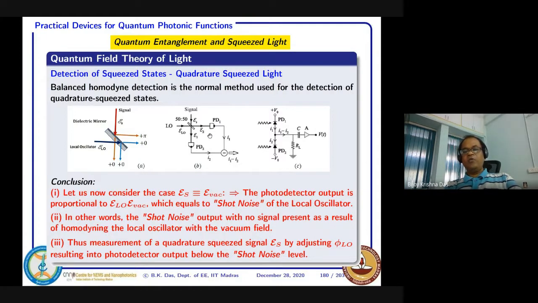You know why we use, for any detection, what is the purpose of using homodyne? What is your idea? Can anyone tell me? Why sometimes it is useful? Earlier we have also discussed that we have used two photodetectors for certain purposes. That's called balanced photodetection and using the homodyning technique. What is the reason? Can anyone tell me?